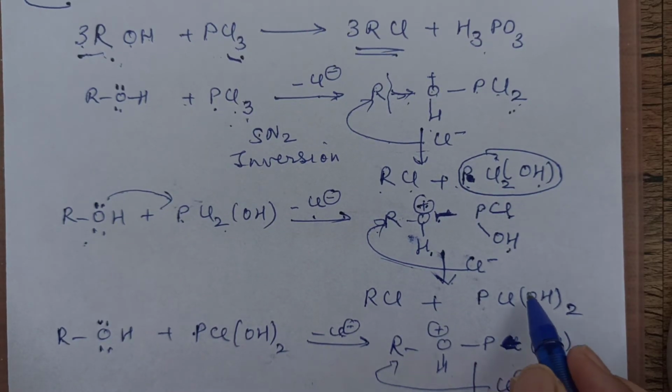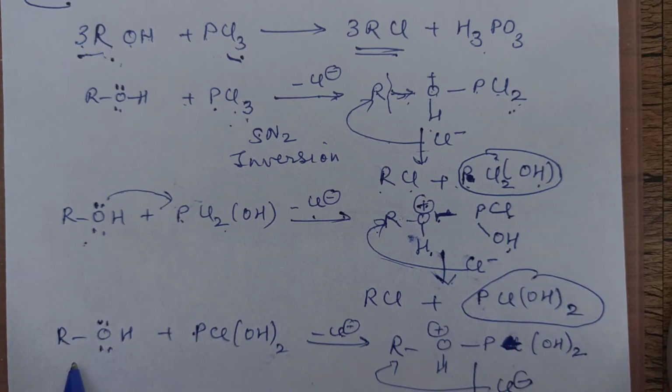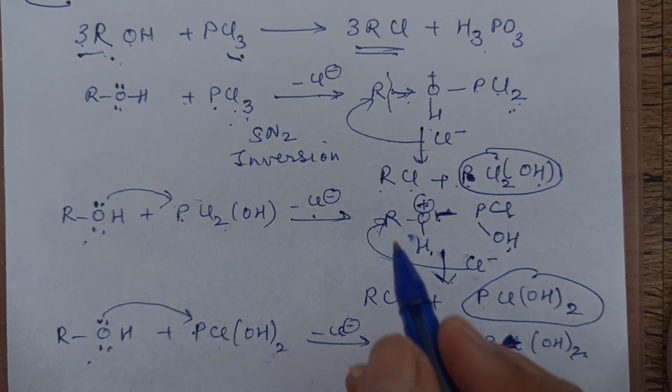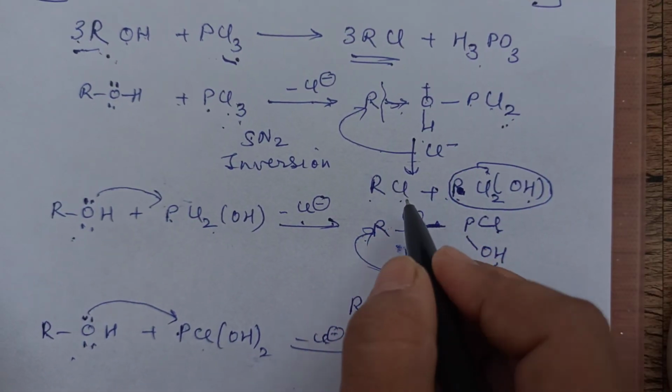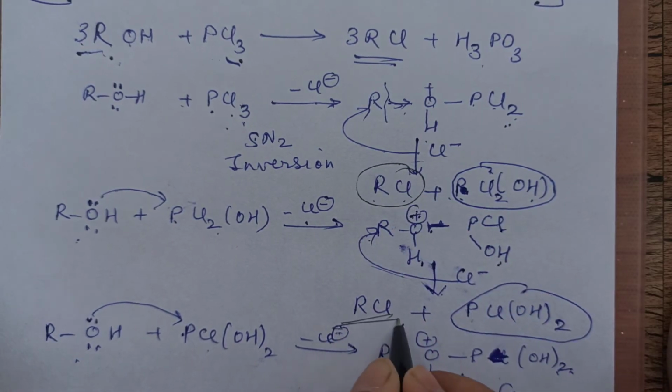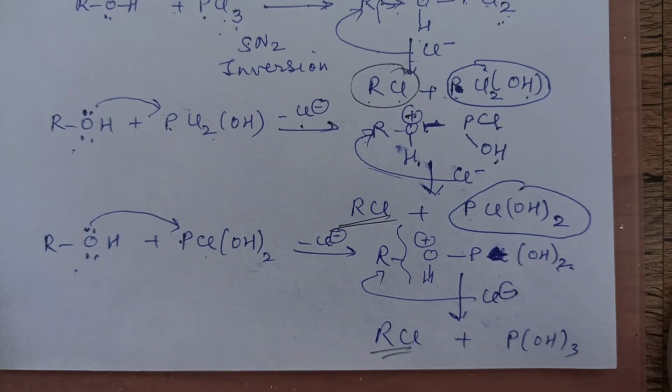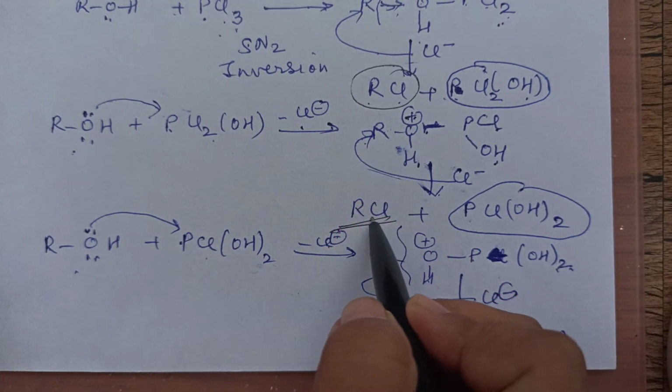Clear? Now, whatever you get here, again this reacts with alcohol. Again the same thing, this gives a lone pair to it. When this gives a lone pair, it will form a bond. Cl comes out and attacks from backside. This bond breaks, you will get RCl and POH, and this OH. This is twice. So overall how many OHs are there now? 3. So the 3 RCls which we wrote there in one go are obtained in 3 different steps. One RCl, this is second RCl, this is third RCl. Is it clear?